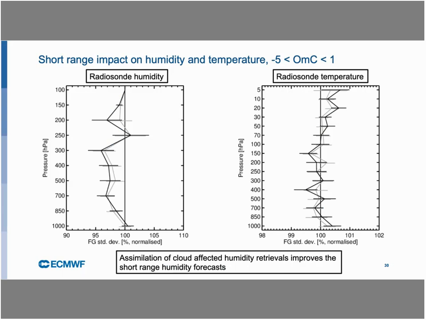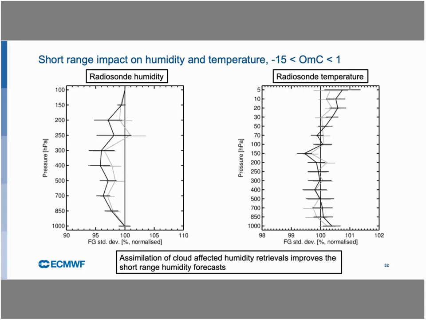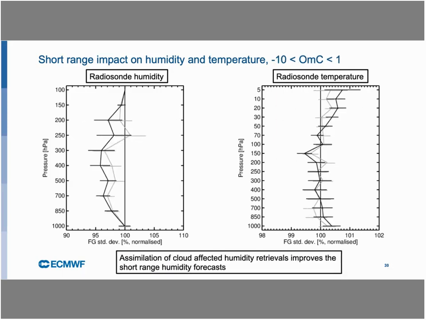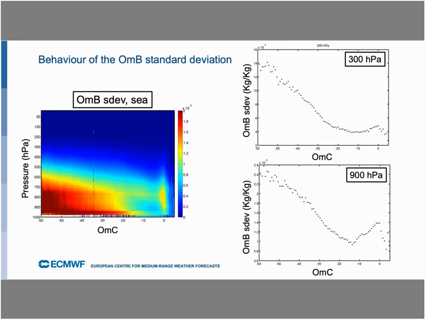And then when you introduce more and more cloud into the system, you get further benefits for the short-range humidity forecast that you can see on the left-hand side. But then at the same time, you start to decrease the temperature forecast when you introduce the cloud-affected humidity retrievals into the system. So we decided to modify the observation errors, and as in the beginning I showed you that